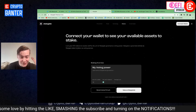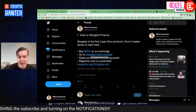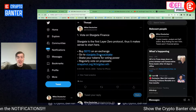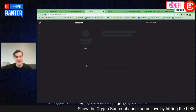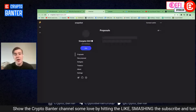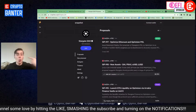If your goal is just to get the airdrop, then all you need to do is put in, let's say $5 to $10 to buy Stargate on an exchange, go to Stargate Finance and stake it. Now, what you need to do once you've staked it is this is giving you governance voting rights because it's a DAO. It's a decentralized autonomous organization, meaning the stakers of the Stargate tokens have control over what the protocol